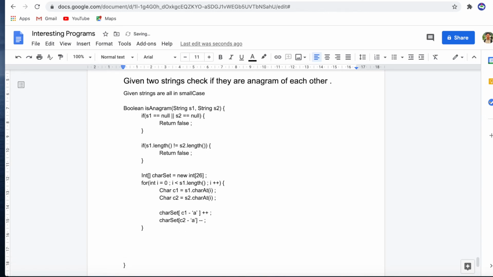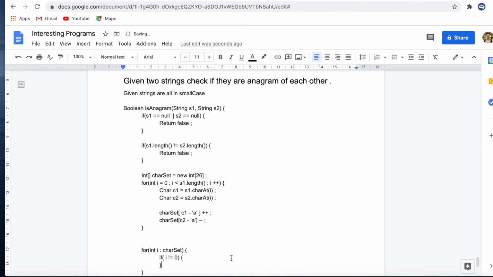Now after this for loop is over, if they are anagrams, then they both should have the same number of characters, but here for one I am increasing, for another I am decreasing. So, finally, I should have all the characters with occurrence 0, right. I can start a for loop and say int i in my charSet, okay. If any integer in this 26-size charSet is not 0, then I know that they are not anagrams, right. So, I will just check if i is not equal to 0,